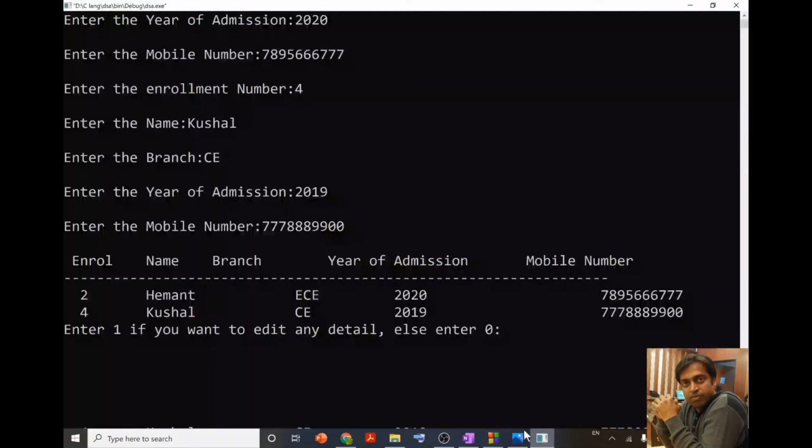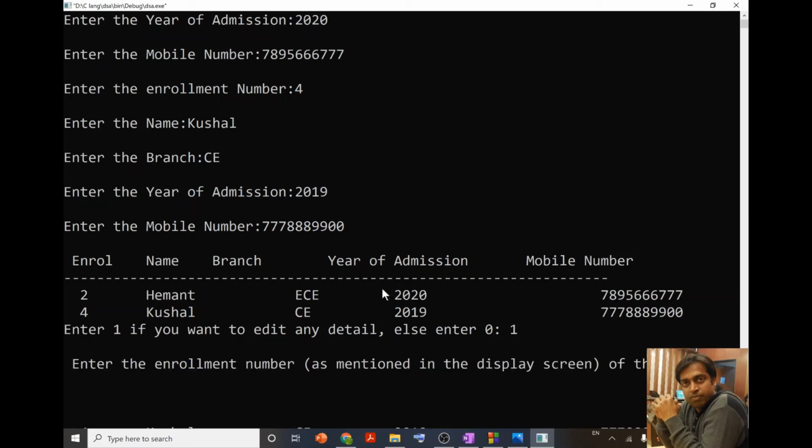So in this particular program, it is asking: enter 1 if you want to edit any detail. Suppose I enter 1, it means I want to edit something. Now it is asking me to enter the enrollment number as mentioned in the display screen. Let us say I want to edit the information of the student Kushal with enrollment number 4.